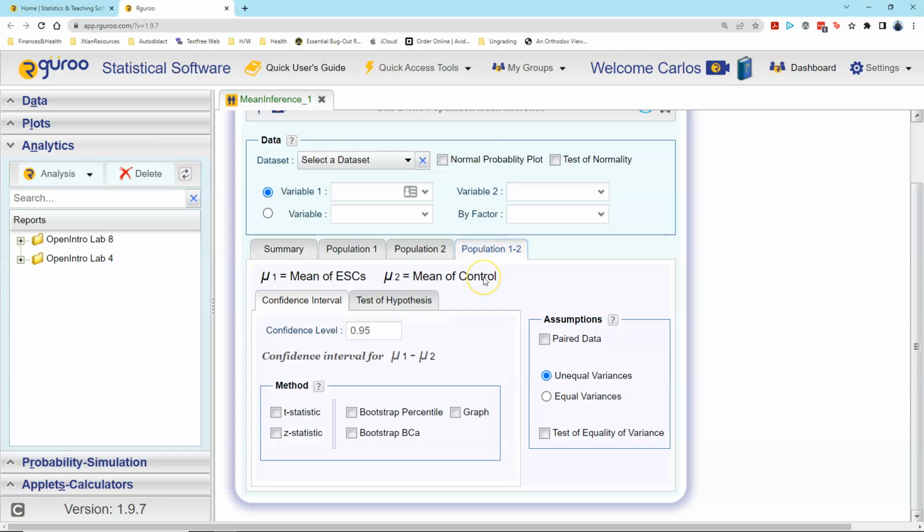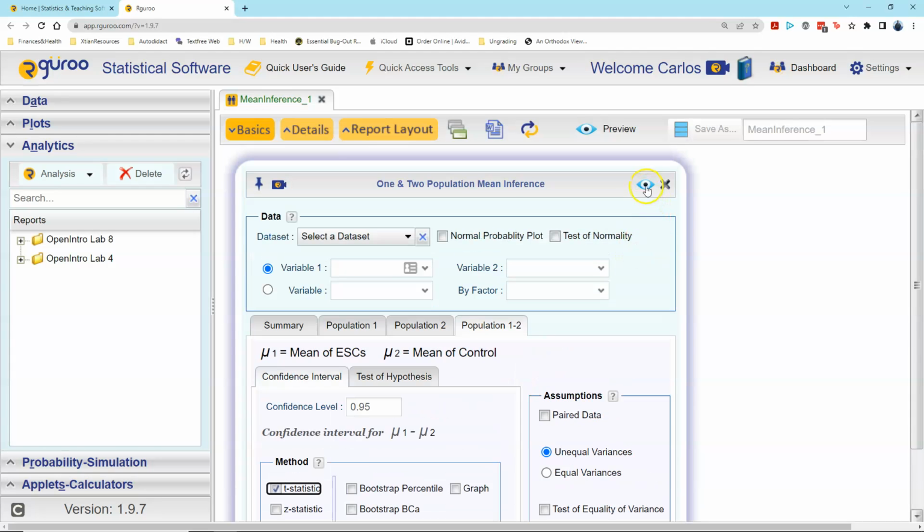confidence interval construction. Okay, so I now click on population 1 and 2 because this is going to be my difference of two populations. And I am doing a confidence interval. The confidence level is 95%, so I leave that as is. I'm doing a t-statistic test. It's a t-based test. Everything else remains as is, and then I now come up here and I click the